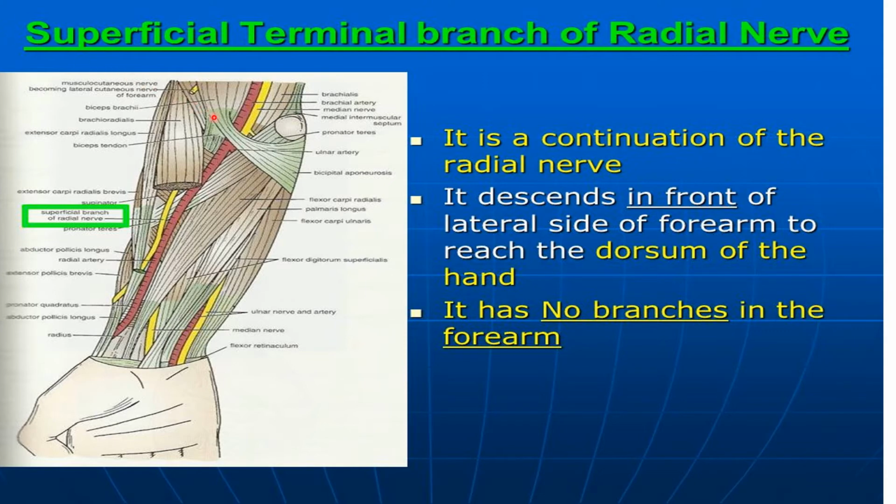Okay, as a branch of the radial nerve, the superficial radial nerve receives fibers from all roots of the brachial plexus, C5 to T1, and it branches under the proximal tendon of the brachioradialis muscle in the upper to middle third of the forearm. The superficial branch of the radial nerve travels in the posterior compartment of the forearm, descending in a plane between the pronator teres and brachioradialis muscle, and the nerve emerges from beneath the brachioradialis muscle over the roof of the anatomical snuff box, providing a medial and lateral terminal branch.